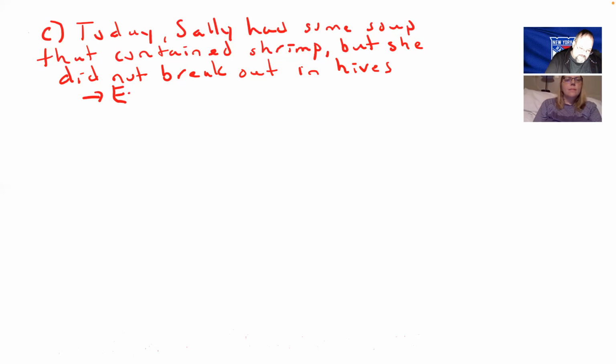Well, she was basically doing an experiment. She didn't eat shrimp salad again, but this time she ate soup that contained shrimp. And she wanted to see whether she would break out in hives or not. And it turned out that after eating the soup that contained shrimp, she did not break out in hives. So this would be her experiment. And then the last part, letter D,